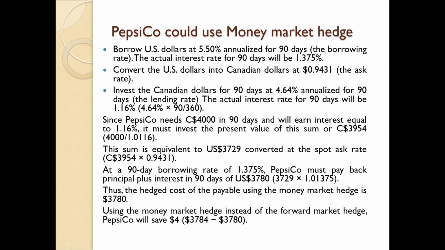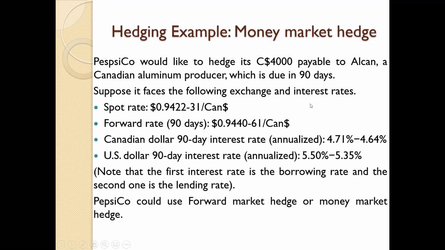Right? Instead of going with the forward market transaction, people can go with a money market hedge. That means they can enter into the hedging agreement. Now let's see what this hedging is. The US dollar borrower, that means our trader who is importing goods, can borrow US dollars at 5.5% annualized, that means the annual rate for 90 days. Right? Now let's go back to our first slide.